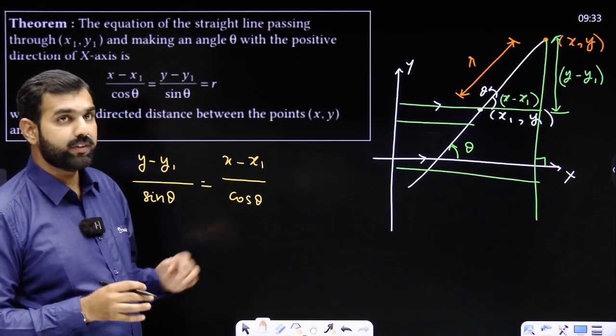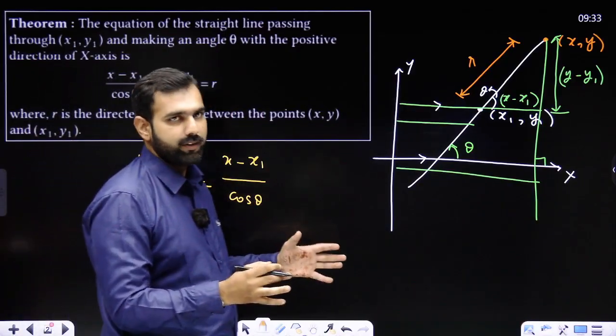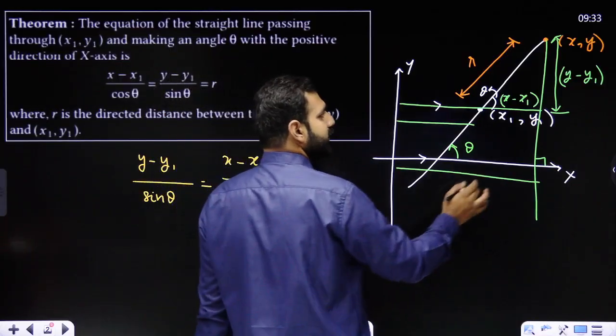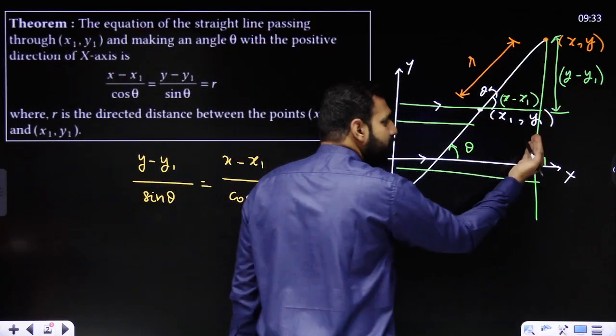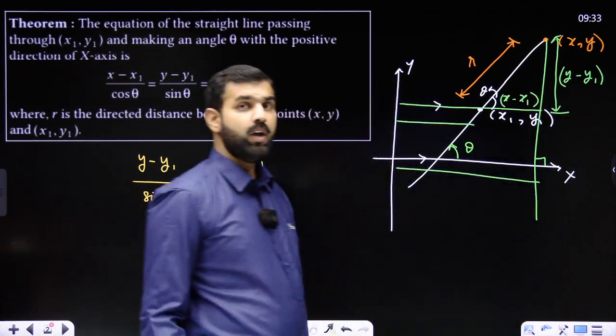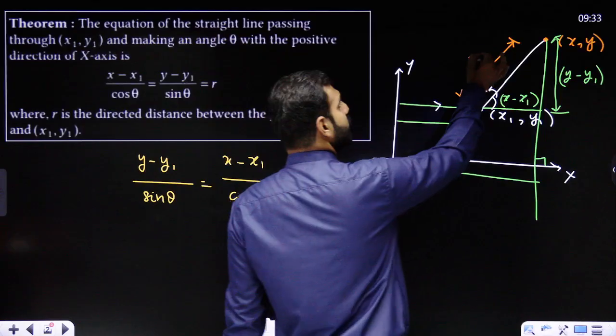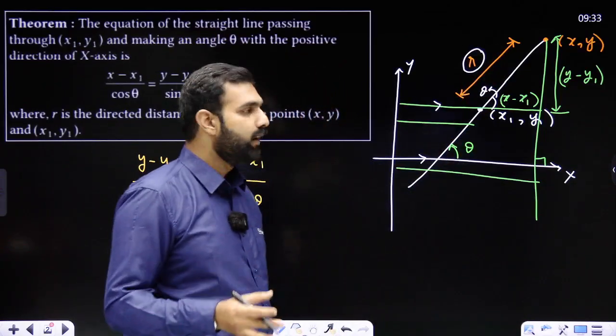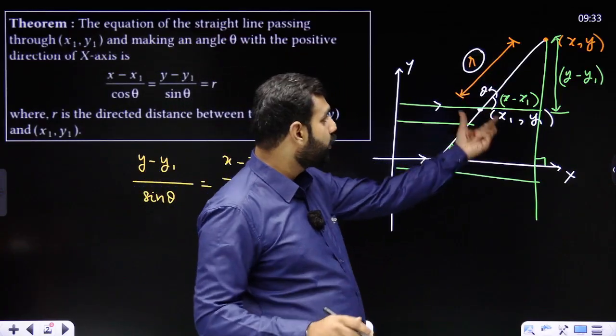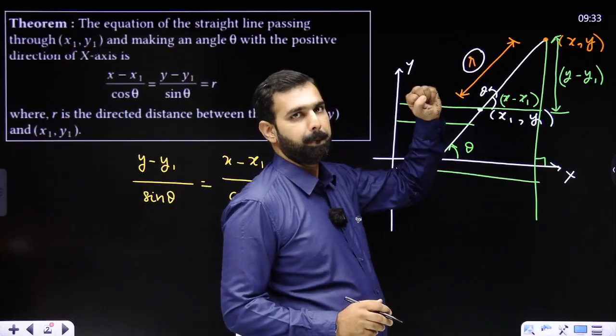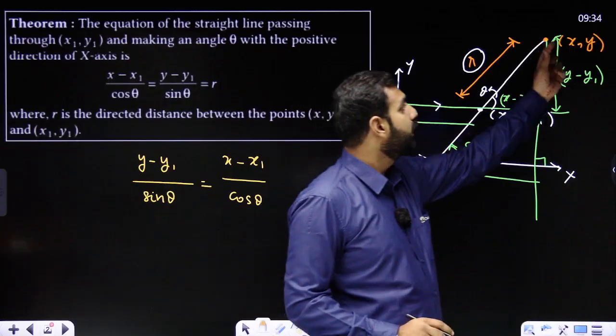I hope you are able to understand all of this. Now, why did I do all this? Try and understand. Can I not say that tan theta is going to be y minus y1 upon x minus x1? Not just that, if this distance is the hypotenuse of this triangle, can I say that cos theta is going to be x minus x1 upon r, and sin theta can be said to be y minus y1